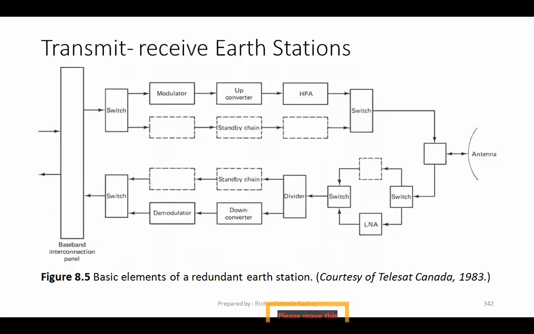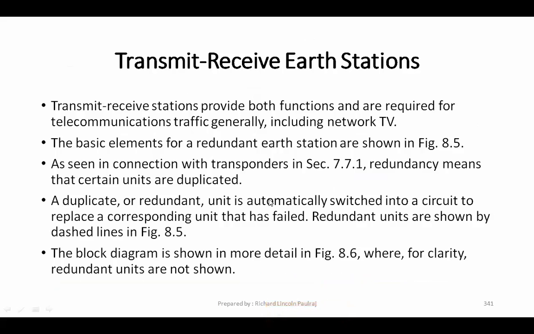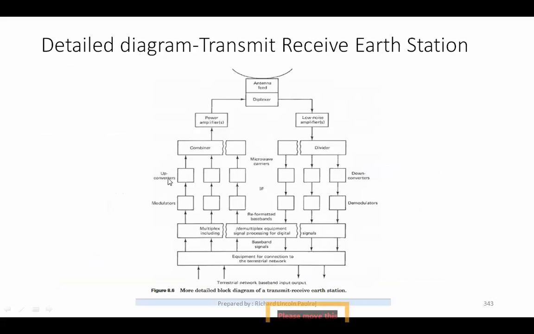Okay, right. So here we have even seen that as the signal passes by, if one set of these devices is not functioning, then we will have another backup link to get the function up and running. The block diagram is shown clearly here, where you can see, as I mentioned in the previous class, the up converters, then the down converters. Whatever happens here, you have a transmitting signal, and then it gets into the equipment for